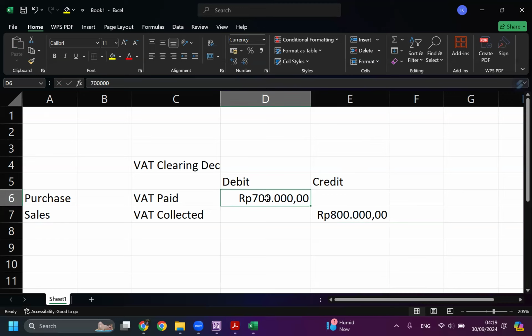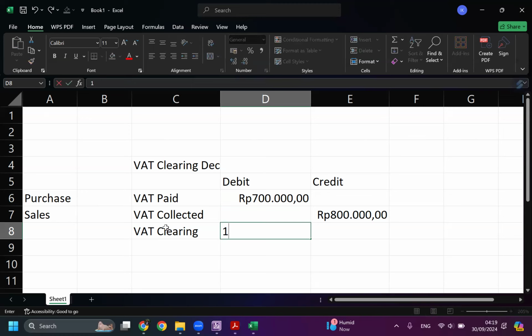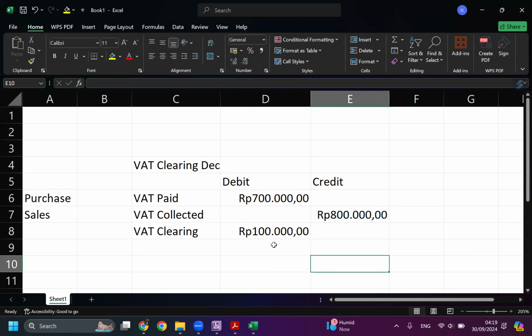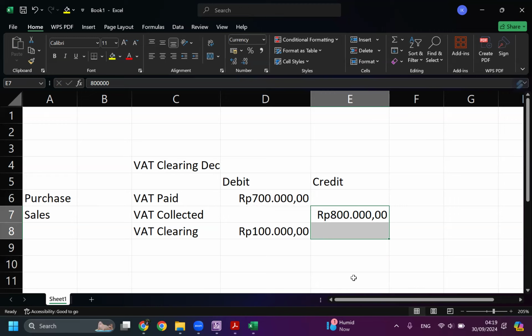On the other hand, VAT paid is usually in debit. That's why when we do VAT clearing, we make it balance like this. Then for debit we have 800 and credit we have 800.